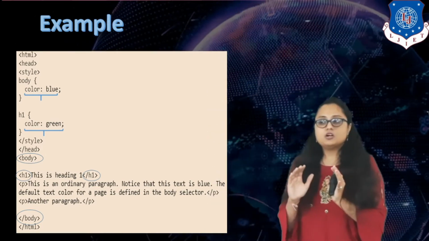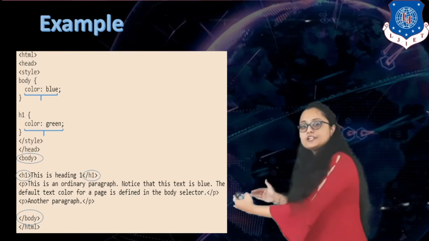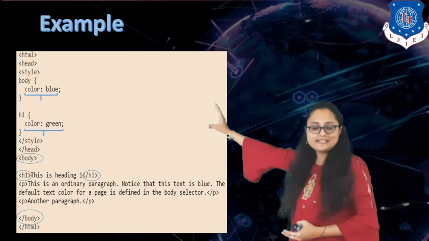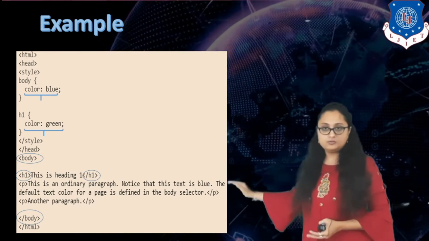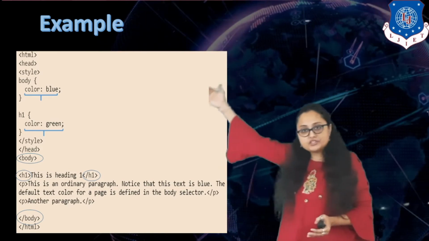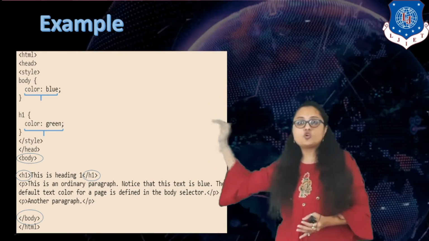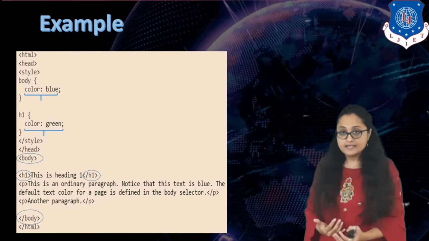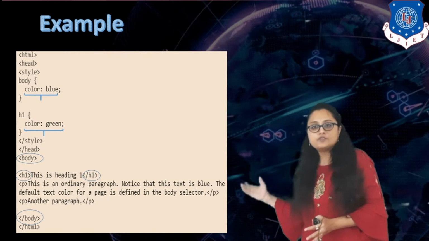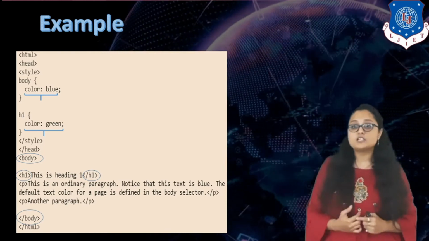Because in CSS you know that if you are specifying the color property for body, I told that it will be specified for H1 as well as P tag. So when this first code is executed, both the intermediate texts will be colored blue, but after the execution of the first property, when it interprets that okay, the heading selector is given and the heading text should be green, then the blue color will be overridden by which color? Green color. So in output, can you guess what can be the output?